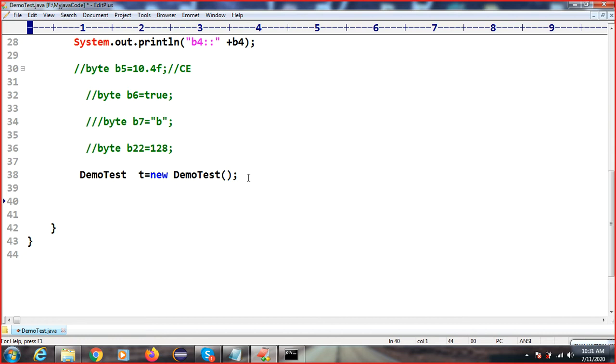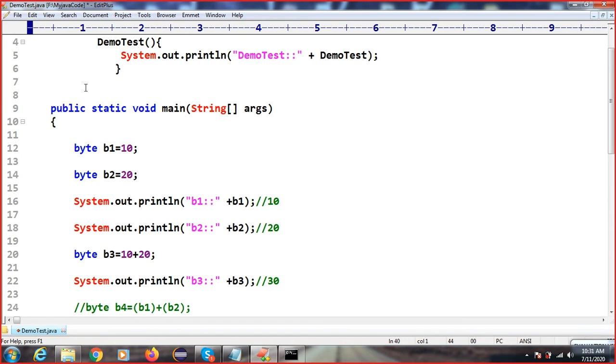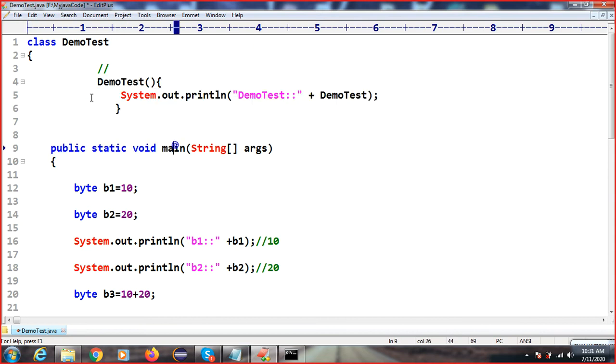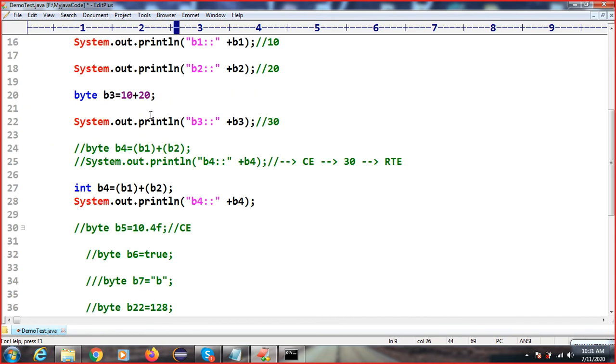If you start to learn any programming language, the same concepts will be there. In Java we have the JVM, in Python we have the PVM, Python Virtual Machine. The concepts are the same; only things like syntax change. So I think you got some idea of how this code works internally.